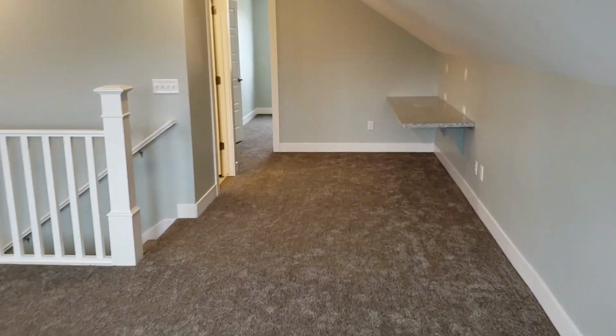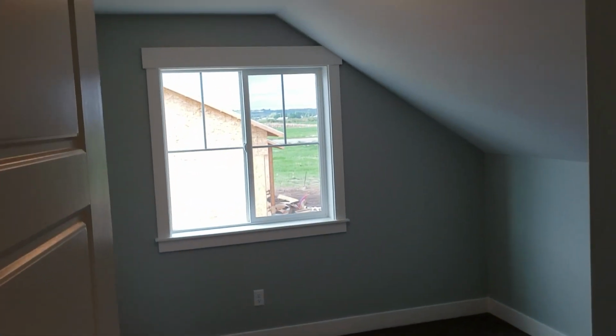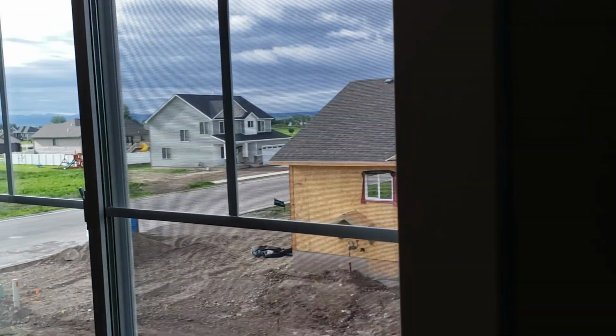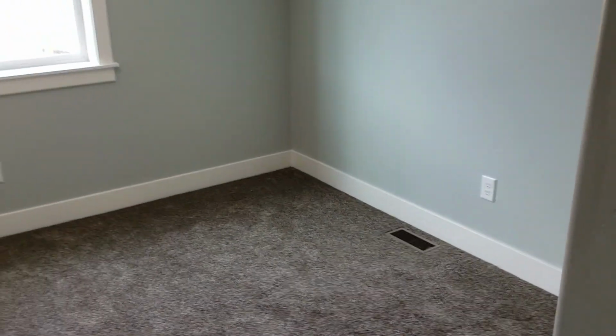Send the kids upstairs to play, however you're operating. And this is bedroom number 4. These are really nice rooms. So I'm 6'1", and I'm standing up right now. A little built-in shelf there, and closet. These are really, really cute little kids' rooms. I just think they're awesome. So that's